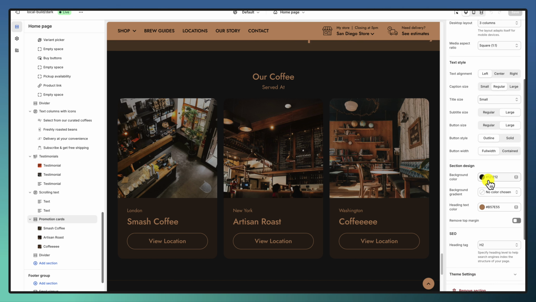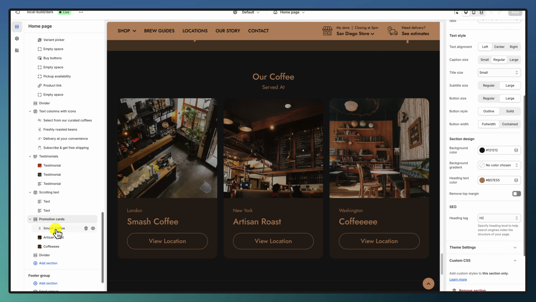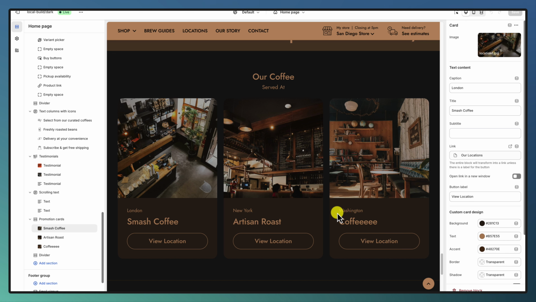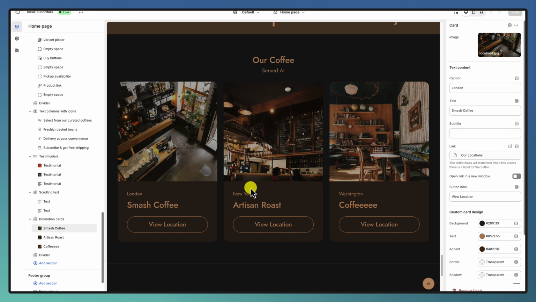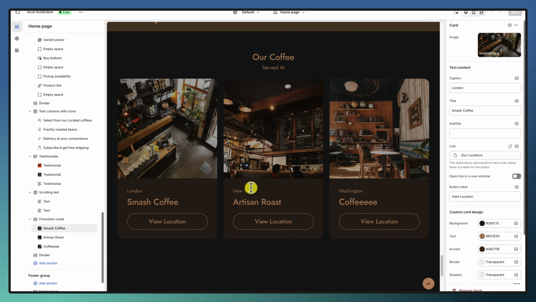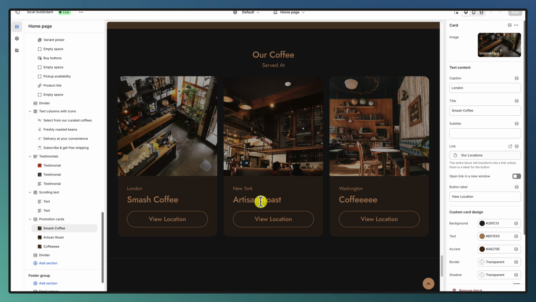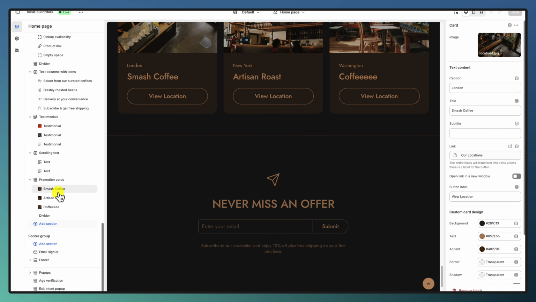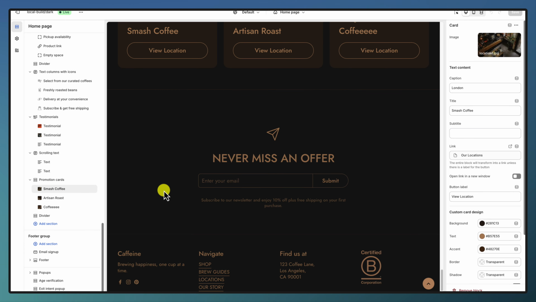We are changing the background color of the entire section here, and then playing with individual background colors and text colors and accent colors in each promotion card. This feature allows you to have different colors per different promotion cards. So this demo really mixes a lot of section background designs and individual card designs in order to have a really rich layout. Ending with a divider, and then we're starting the footer group, which is the same in all of